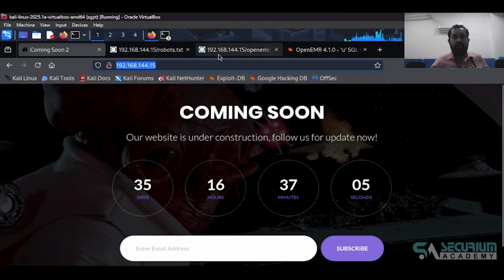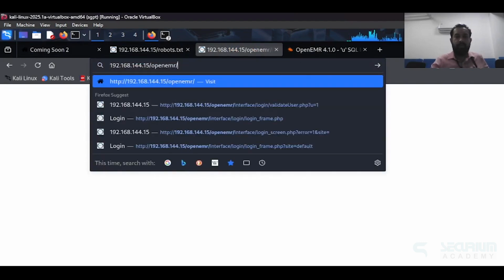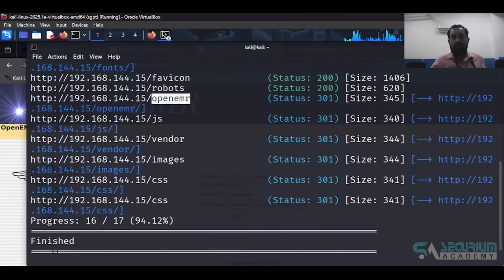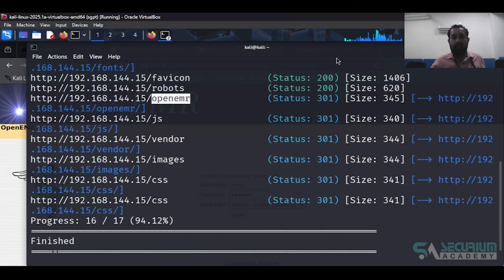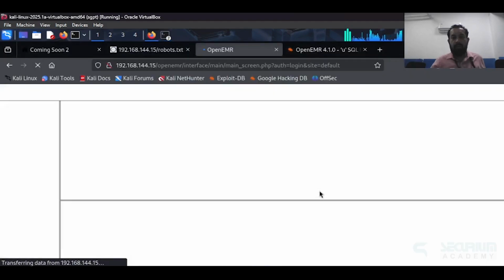We'll try to log in to OpenEMR. Username is admin. The password we got from here after cracking, and login. So now you can see we're successfully able to gain initial access